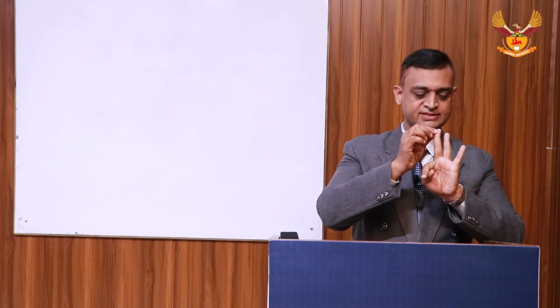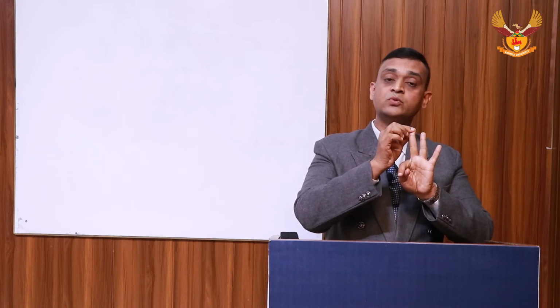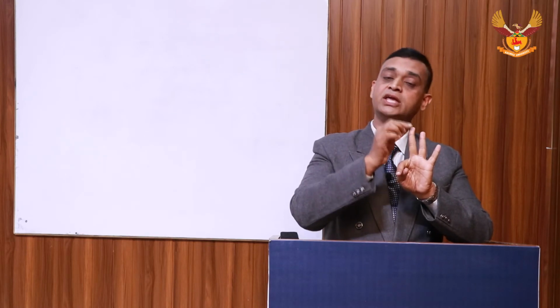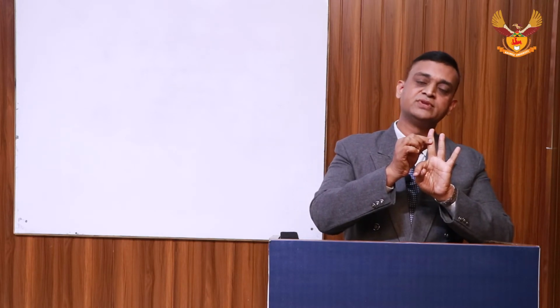Now, we'll come back to continuous tense. The formula of present continuous tense is subject plus is, am or are plus V4. Mind it, we are going to use the V4 form in all these conditions. Okay, so the past continuous tense is subject plus was or were plus V4. Now what is future continuous tense? The formula would be subject plus shall or will plus be plus V4.